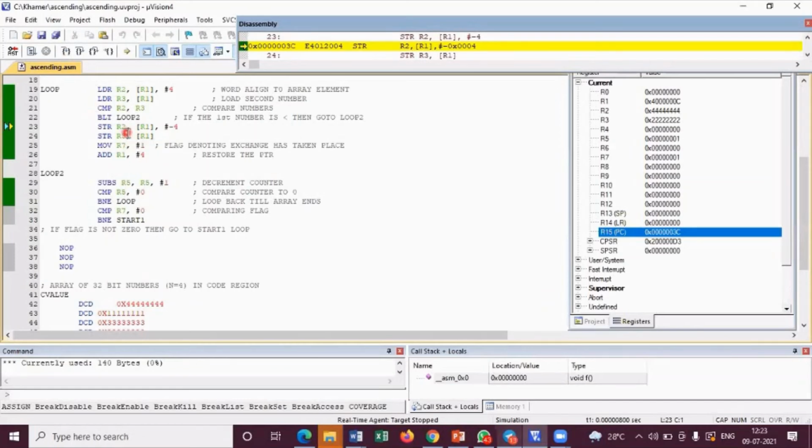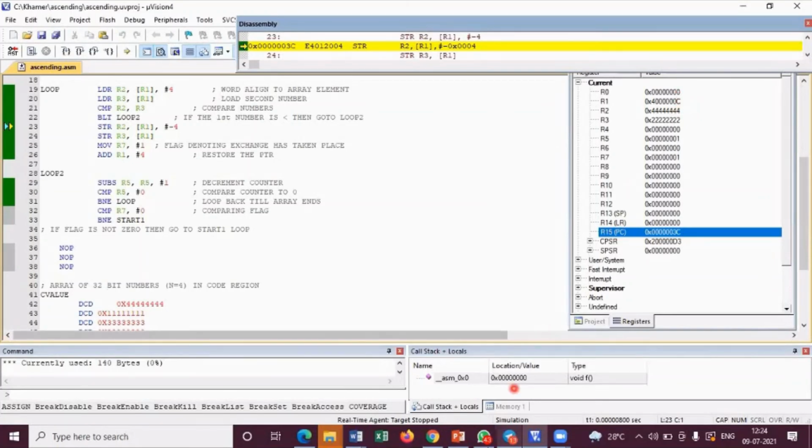Correct? Now, the store operation. Store means it will be in the memory side. So now, whatever is there in R2, R2 has what data? 44. Please move it to the address where R1 is pointing to. What is R1 pointing to? 0C. See here, 0C.